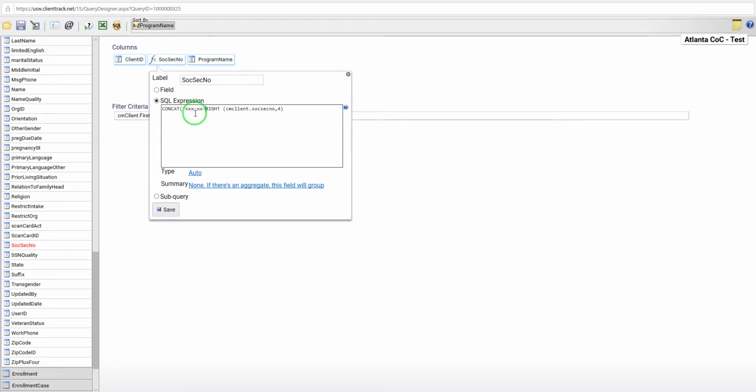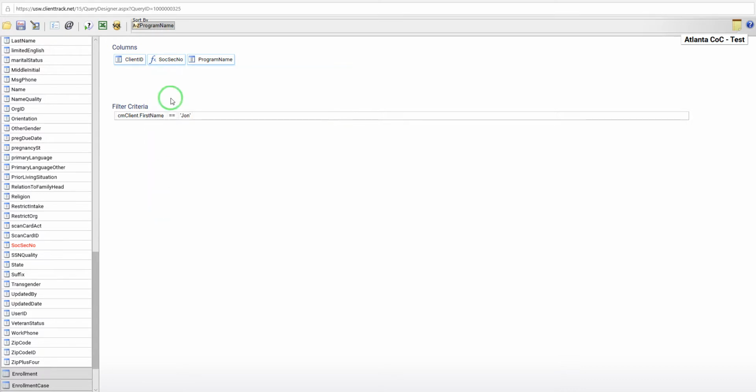It's going to be that, then a comma, we'll leave this, and then add this to close it in. So what this should do is first display this, then bring in the 4 right characters of the Social Security number field. Let's save that